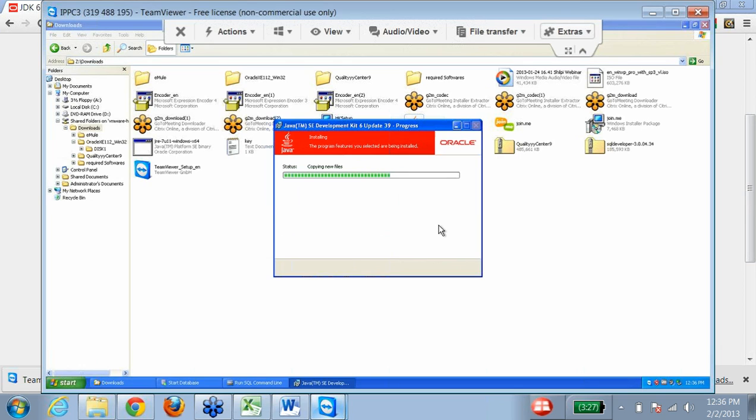This JDK is required to run SQL Developer. Your Oracle Express Edition doesn't need it if you are using the SQL command line, but we would be using SQL Developer mostly for our queries. That's the reason we are installing JDK. And anyway, you need to install JDK for other software also.